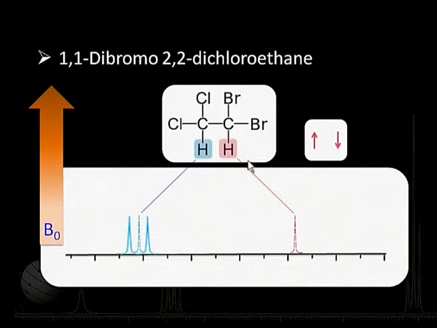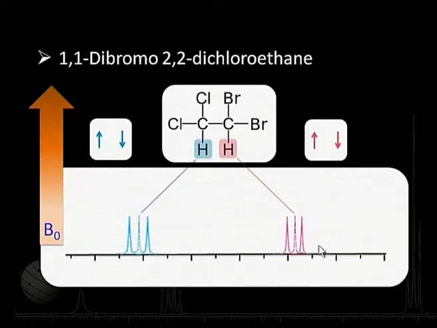Similarly, now if I focus my attention onto this proton, then this also is a tiny magnet, and this also has two orientations, one aligned with the field or against the field, and thereby this will also give me two lines. So, for this molecule, the spectrum will look something like this. That means, there are two lines here and two lines over here. This two-line spectrum is called a doublet.